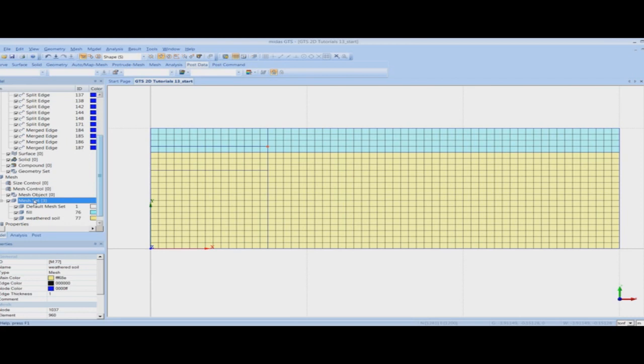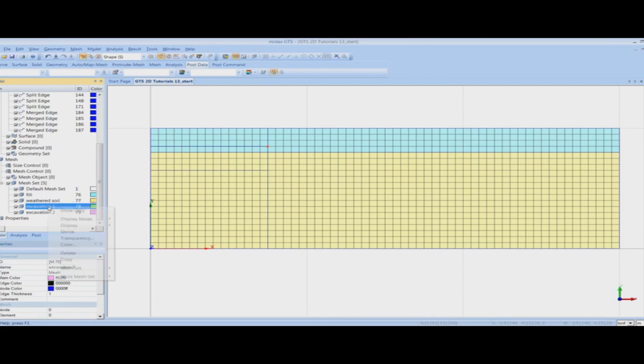Now I'll create the mesh set for excavation 1 and 2. Again I'll repeat the same process. I will go to mesh set and select new mesh set. Similarly I will select one more mesh set for excavation 2. So here I am selecting excavation 1 and excavation 2. And now I'll include the excavation mesh sets into these two different mesh sets.